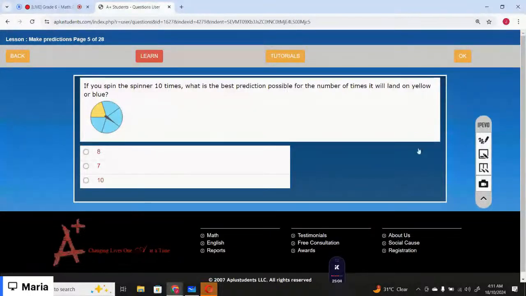The correct option is 10. Option number 3 is the correct option. Got it? You can complete the lesson by yourself later today. Let me just move on to the next lesson, and the next lesson is